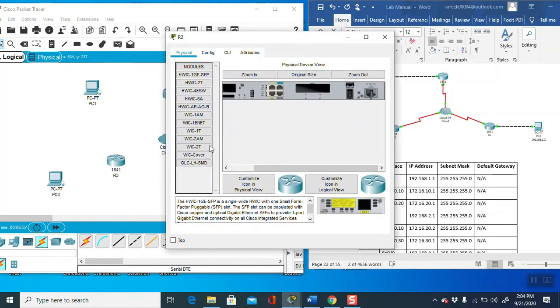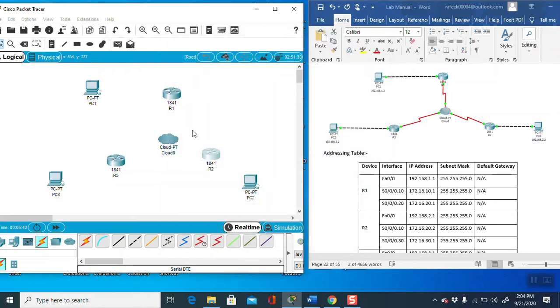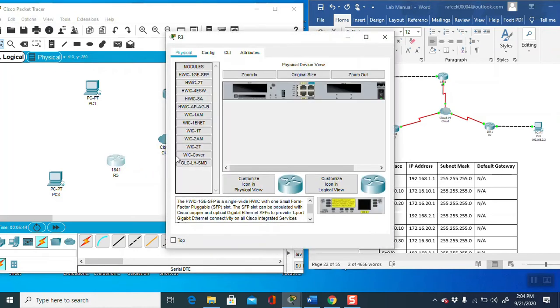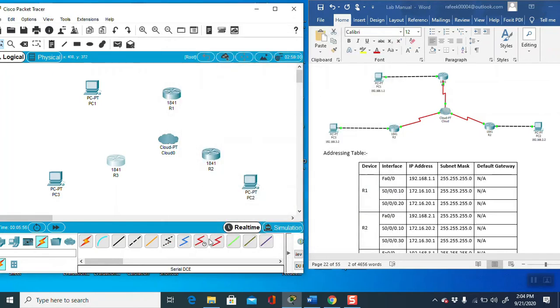Again off, again add this port, and turn on. Same in the third router: go to WIC-2T, click, after this turn off the router, then add the port and turn the router on again. Now you can add the port.